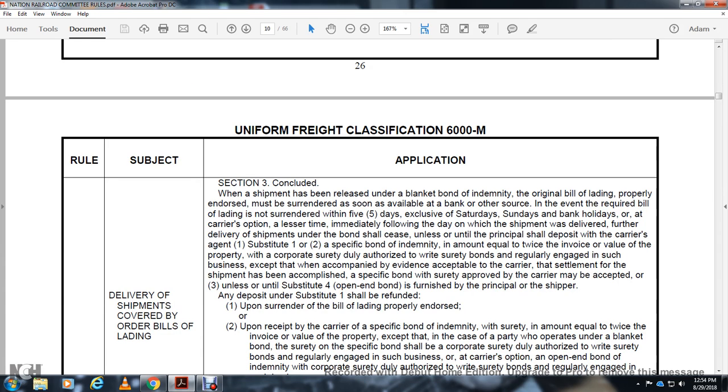The original bill of lading, properly endorsed, must be surrendered as soon as available to the bank or other source. In the event the required bill of lading is not surrendered within 5 days, exclusive of Saturdays, Sundays, and bank holidays, or at the carrier's option, other time immediately following the day the shipment was delivered, further delivery of the shipment under the bond shall cease until the principal shall deposit with the carrier's agent